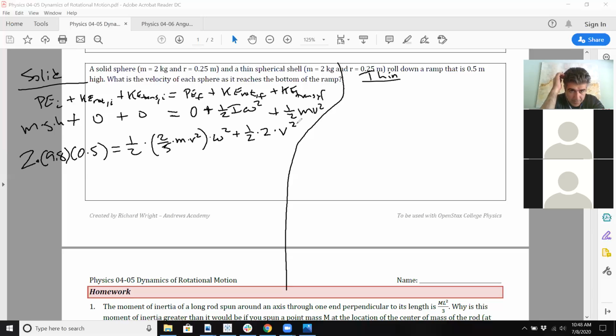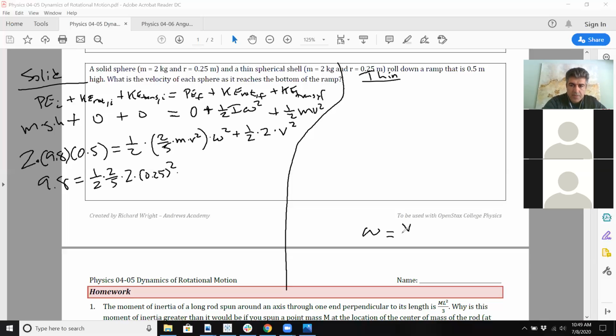We'll keep moving. So the left side, if I calculate that, 2 times 9.8 times 0.5, we'll get 9.8, easy peasy. 1/2 times 2/5 times the mass, which is 2, times its radius, 0.25, squared. And now here's the thing with omega that you guys probably forgot. Remember we talked about omega is actually going to be